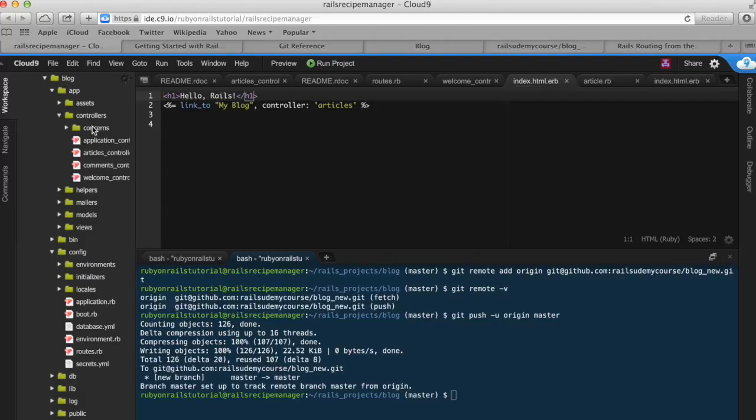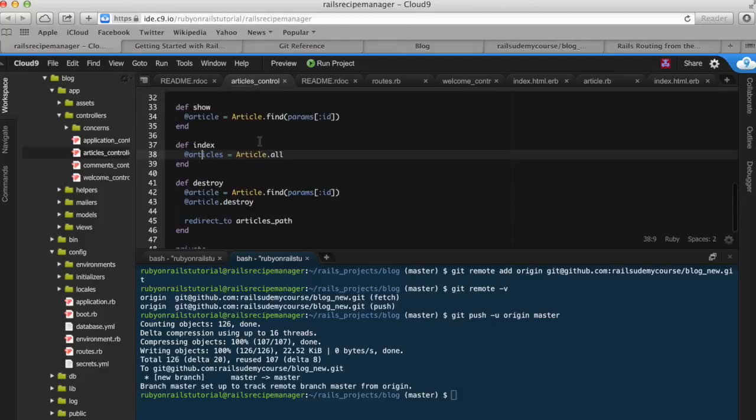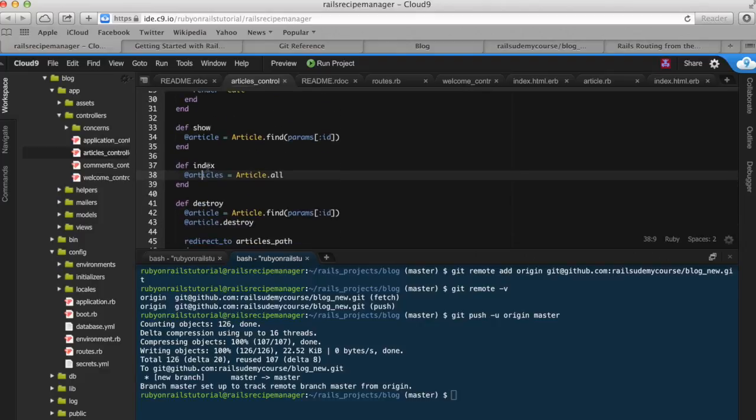Actually, it'll be easier if I just show you here. In the articles controller, the index action communicated with the article model. The article model picked up all of the articles from the database and then stored them in this @articles instance variable. And then the controller took this instance variable and sent it to the views,